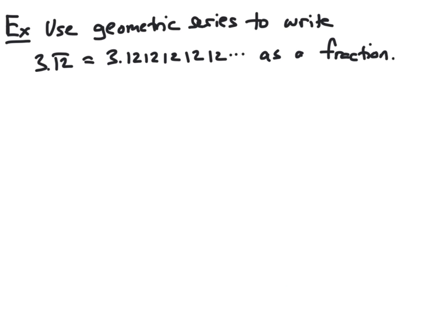In this example, we want to use geometric series to write the repeating decimal 3.12 repeating as a fraction. To do this, our first step is to rewrite our repeating decimal as a series. In order to do this, we're going to utilize the fact that 3.12 has this common period of 1, 2 that is repeated over and over in the decimal expansion. And so this means that we can rewrite 3.12 repeating as 3 plus